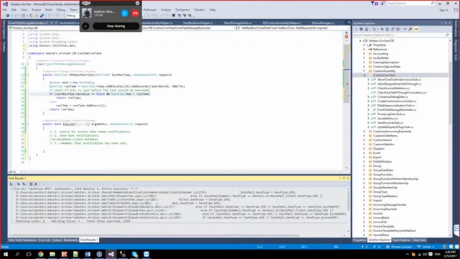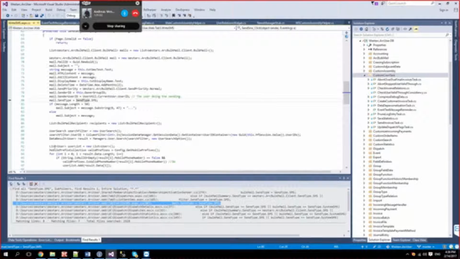Write SMS. Oh, there we go. So this is a good example of how we send an SMS.